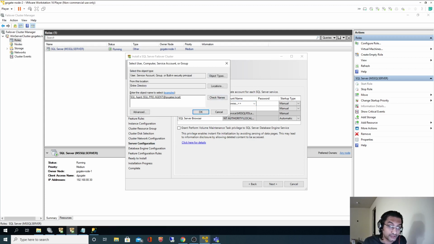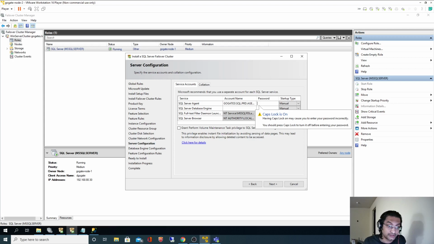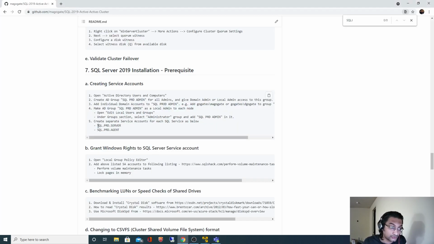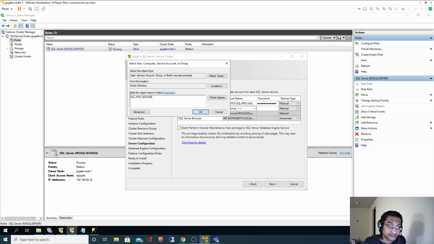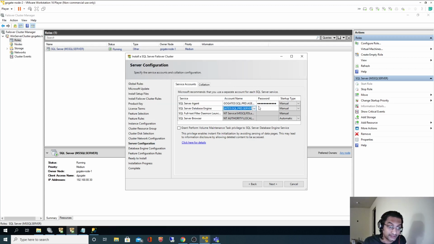We should always use a generic service account, because there is a chance that the user will come and go. If that particular user leaves the organization, we will not know his password, and even deactivating that user will be a problem, because there are services running with his ID. So it's always advisable to use a generic service account instead of a specific user account. I will select this and click next.